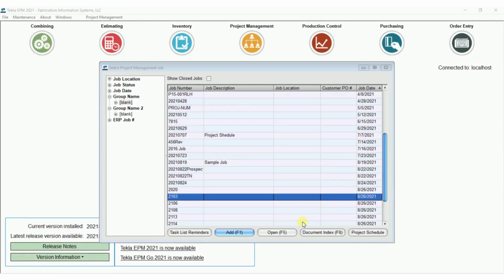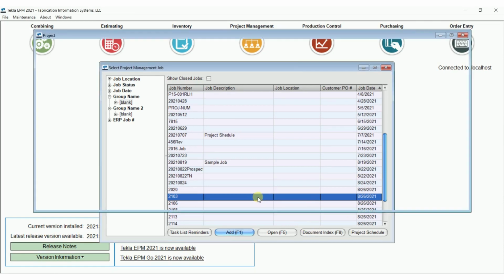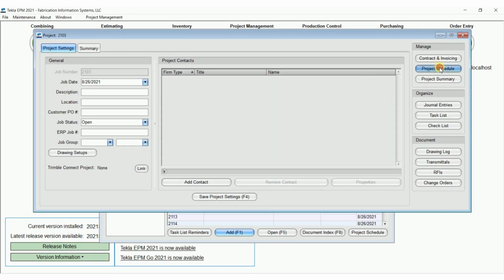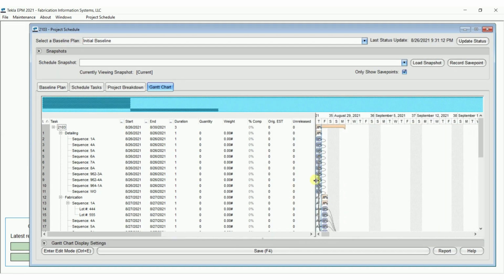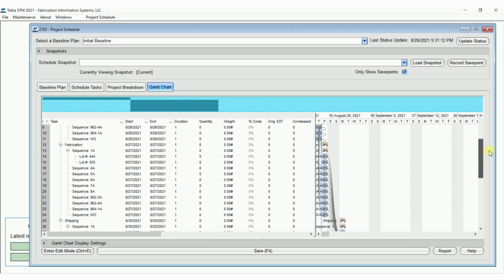Going to show you how to get some hours into a schedule by importing. I have a project management job here. If I go to project schedule, you'll see that I've got a schedule in here showing detailing. I've got some sequences,